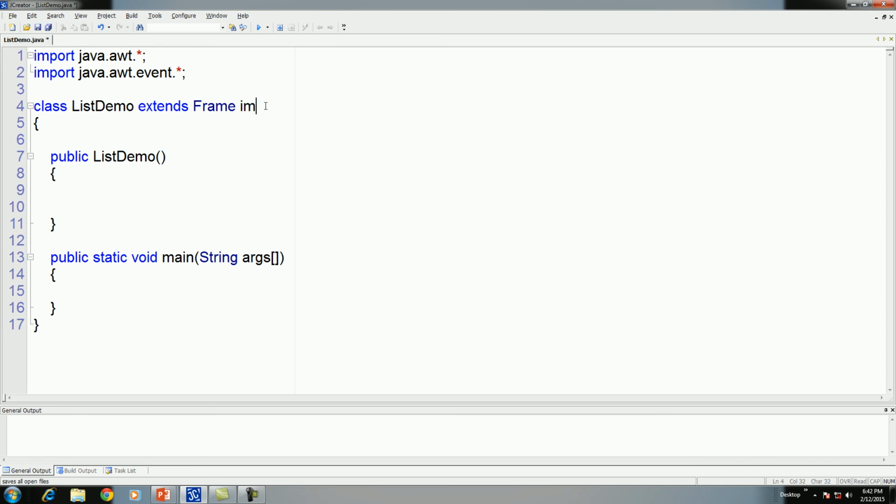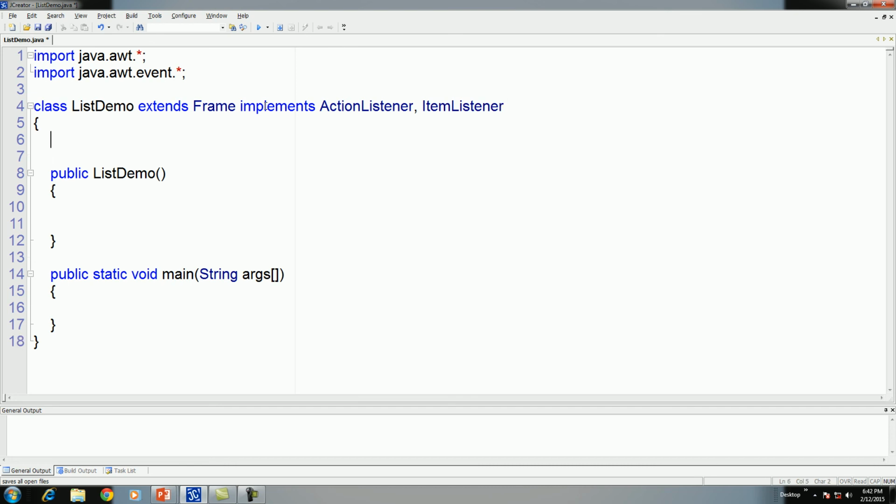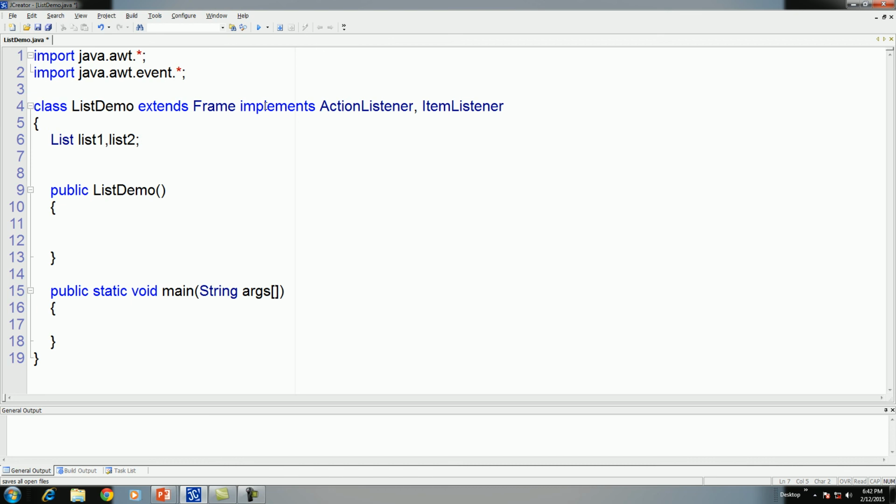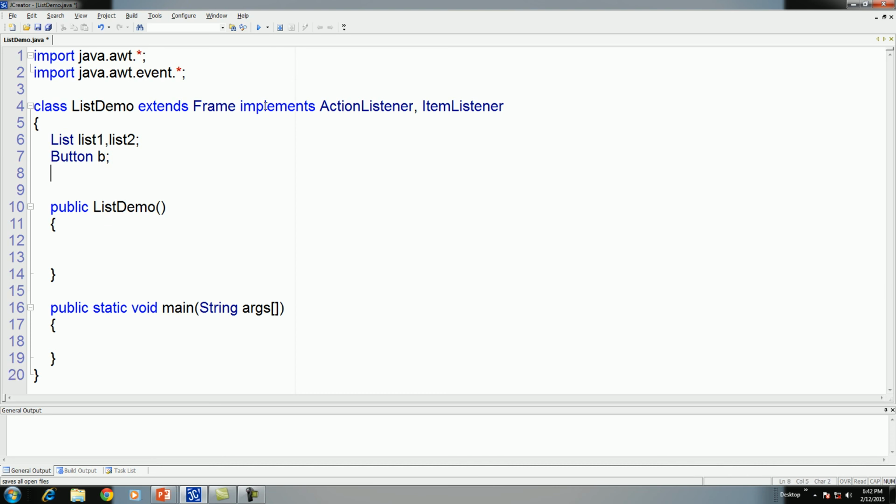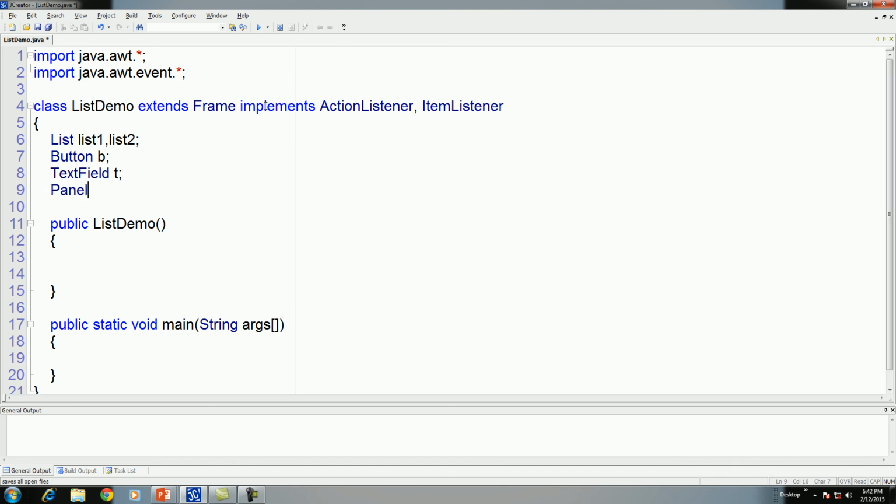Okay, here first implement action listener for button as well as item listener for list box. Now create the controls. We have two lists here. There is a single button because we want to copy the selected items from list 1 to list 2. We need one text field and the panel.